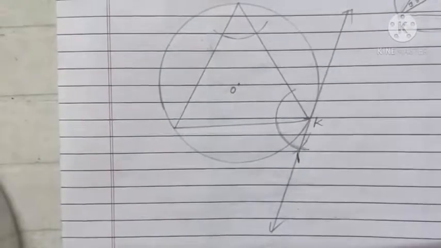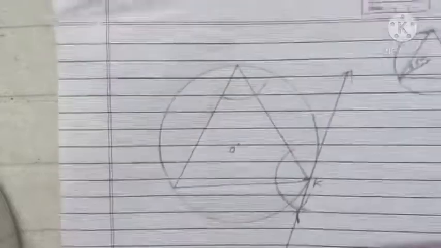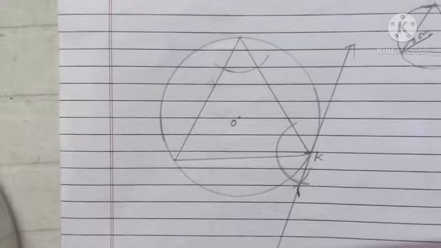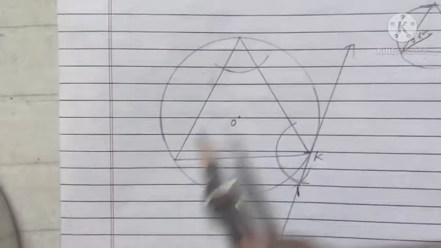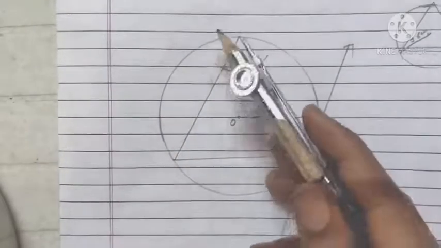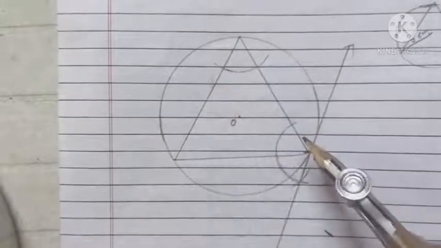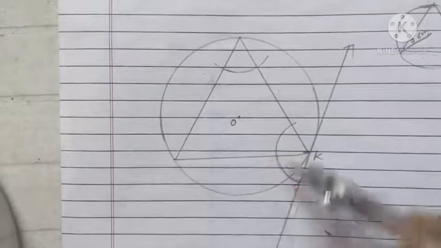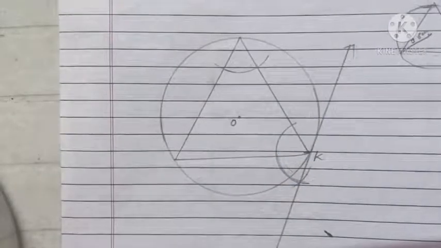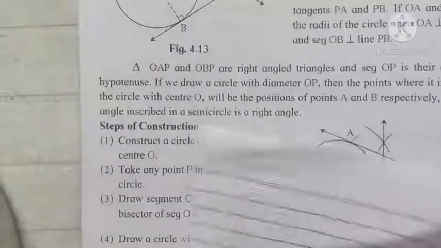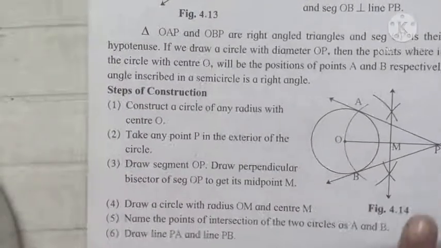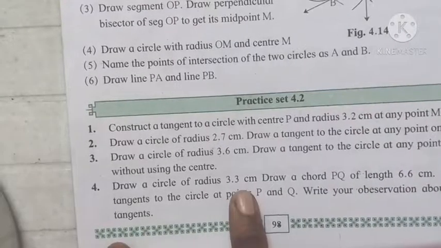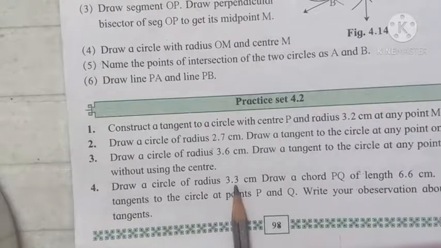Okay. In this question, the first step is we draw a circle. Then after drawing a circle, we draw 3 chords to the circle, as these 3 chords form a triangle. Then we measure any one angle of this triangle. With the same measure we cut another angle to the exterior part of the circle. Then after joining you get the tangent to the circle.